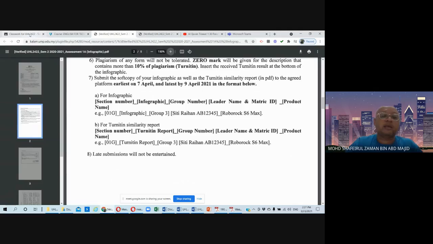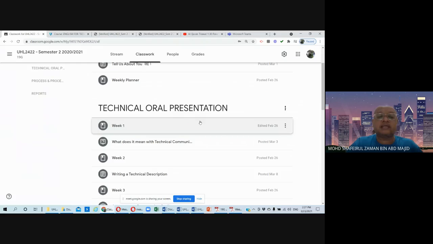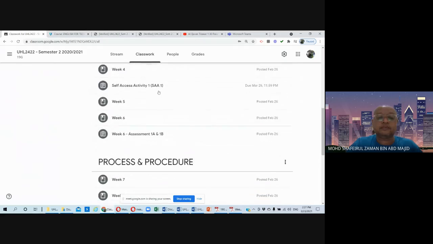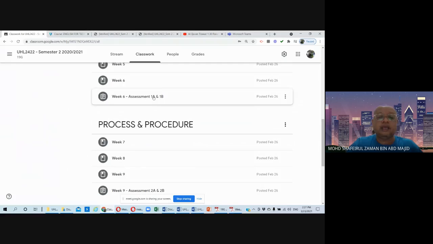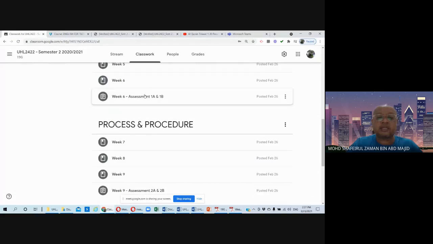I have created the subtopic in the Google Classroom under week 6, assessment 1A and assessment 1B. This is the place for each group and pair to submit your infographic and your Turnitin similarity report.